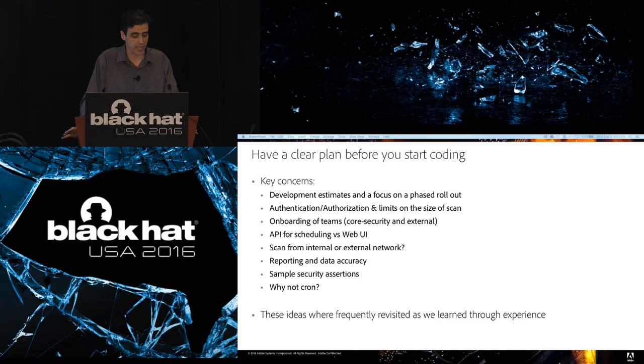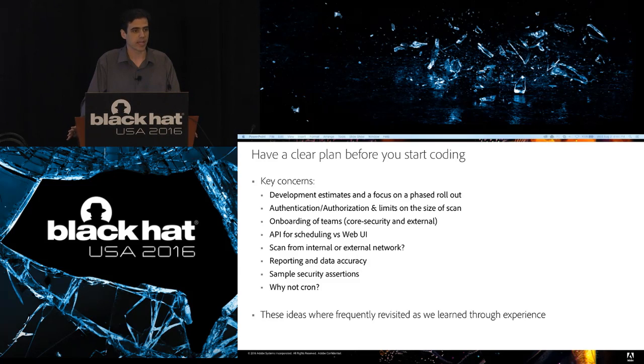I can't overemphasize having a clear plan before you start coding. So I worked with Mohit Kalra and Vijay Sahu and Mayank and Kriti, and a group of people. And Mohit and I spent months sort of designing and talking about how this thing was actually going to work before we even started putting a developer on coding it,